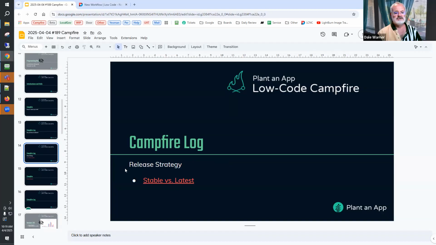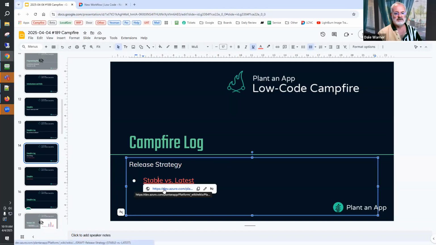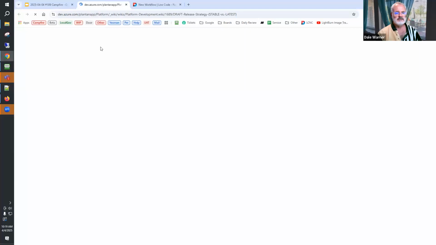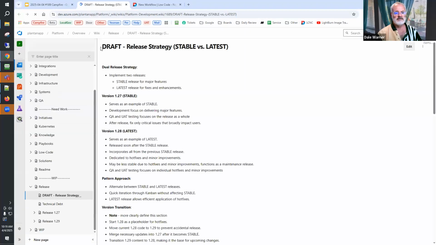But there's a bigger change afoot, and I wanted to spend a little time going over it. This is a draft policy that we're doing, but it's intended to help us move faster with these. We'll be putting them through our Kanban process, but the idea is that the things that you've been waiting for, we'll get to them faster. And that's the reason we're making changes. So the structure that we have, the idea that we have in a moment, and if there's any feedback, always love to hear it,